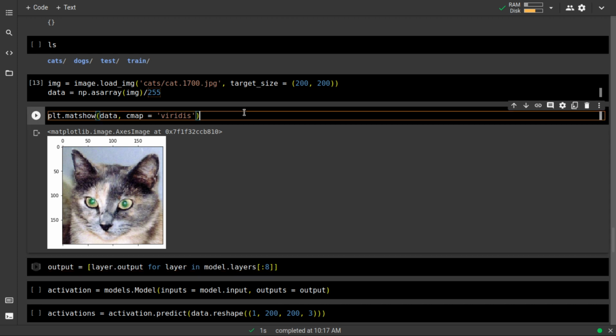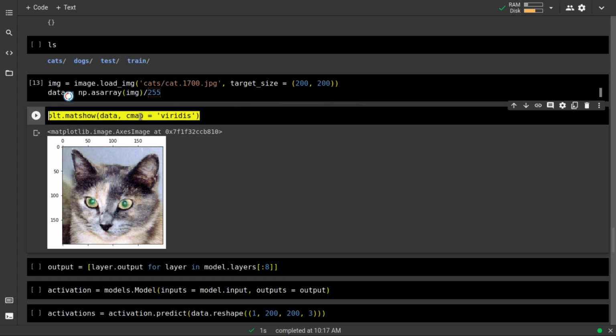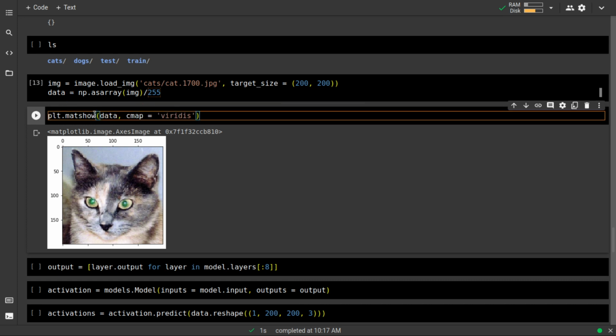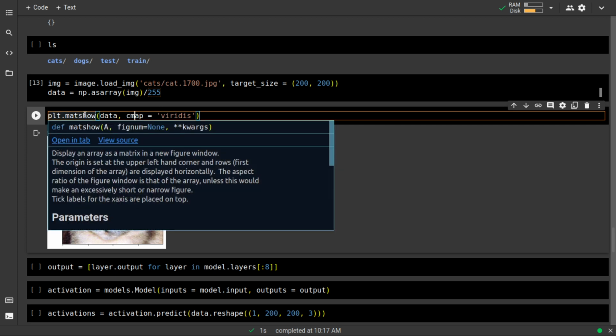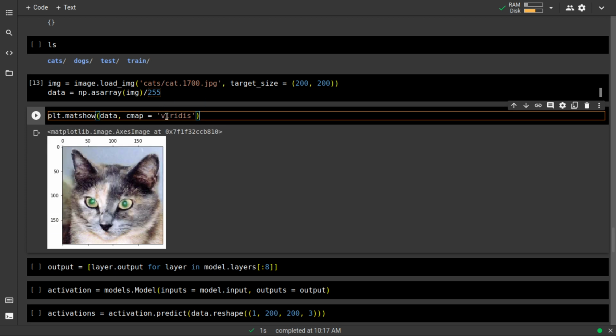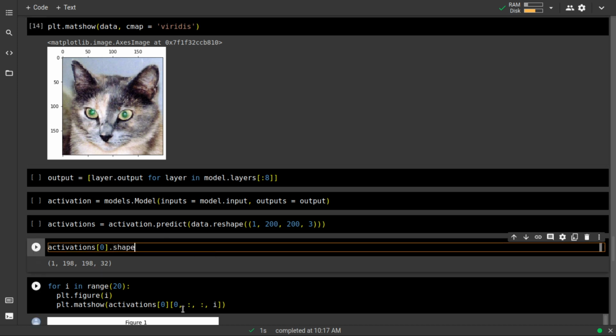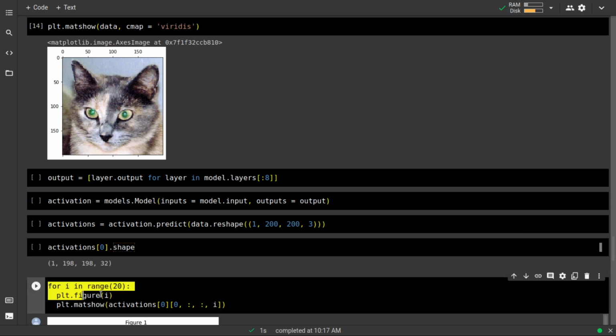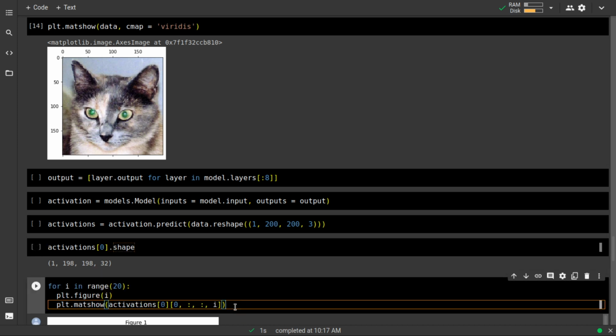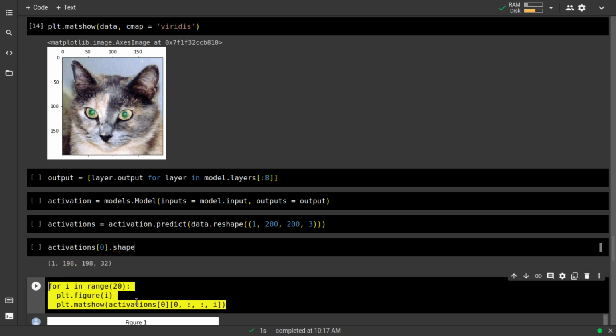I can show you or explain this part of the code, but I'm not going to, because this is a pretty simple one. We are just trying to show what the image data has, right? So this is nothing more than that. So we have to understand from here. This will be new stuff for you from here to here, and this is what we are going to do with it. So this is going to be a pretty important thing.